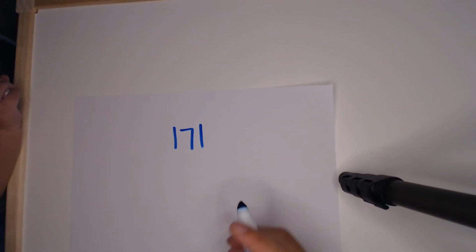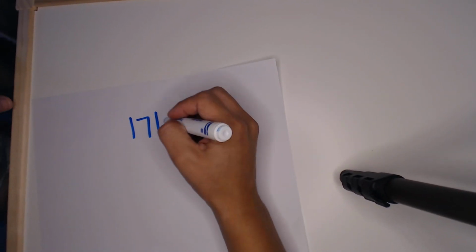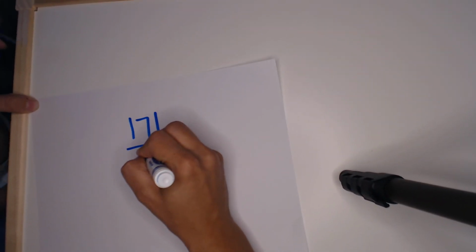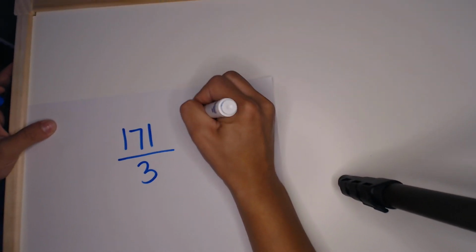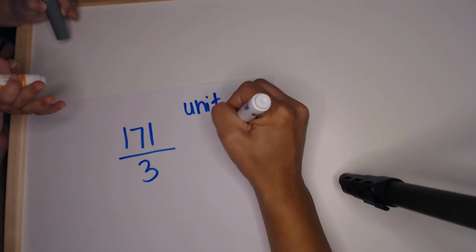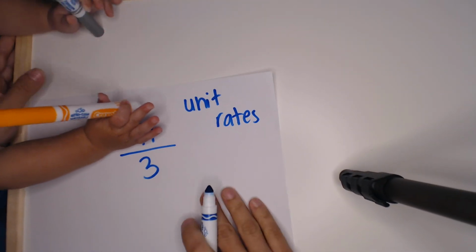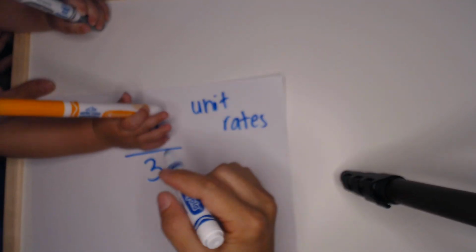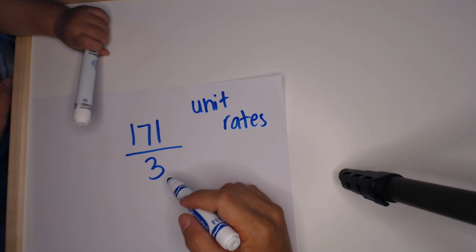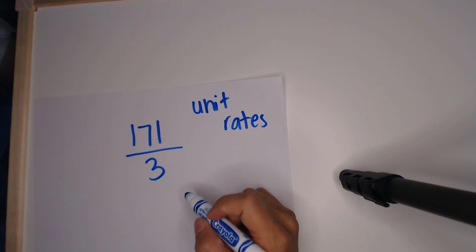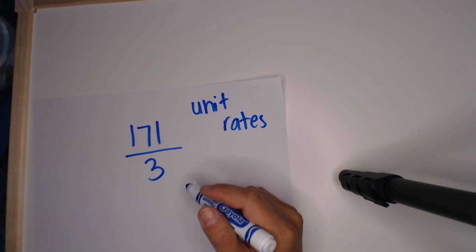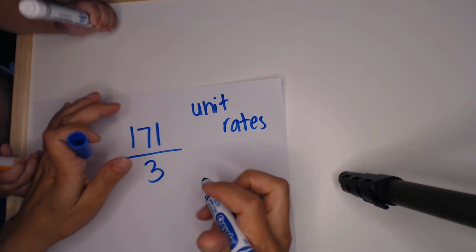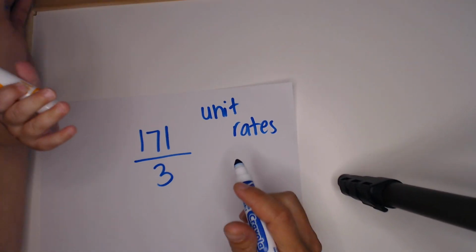So I had the 171 miles over 3 hours. And the trick with unit rates, yes, Addison, is that we're trying to get our denominator, or that bottom number, into a 1, because with unit rates, we're looking per hour or per dollar. We're trying to simplify it all the way to 1. So one of the strategies we could have